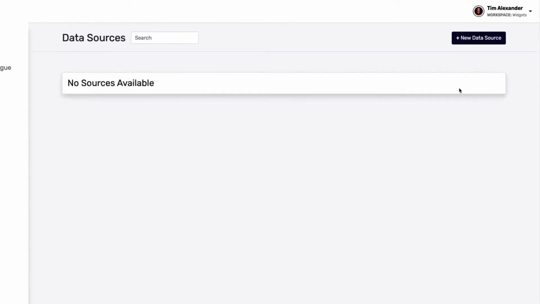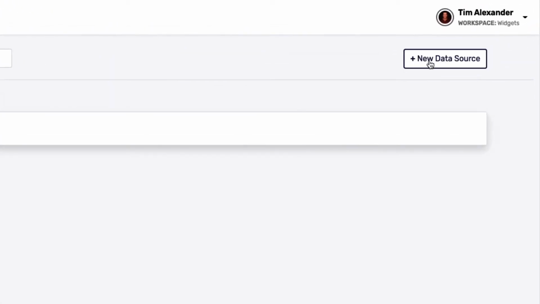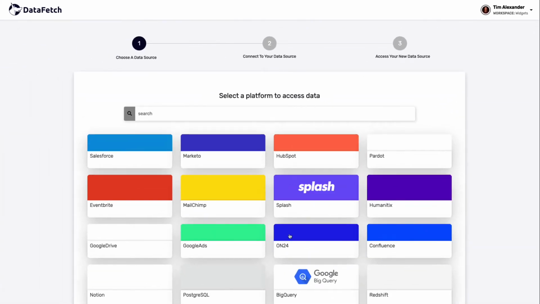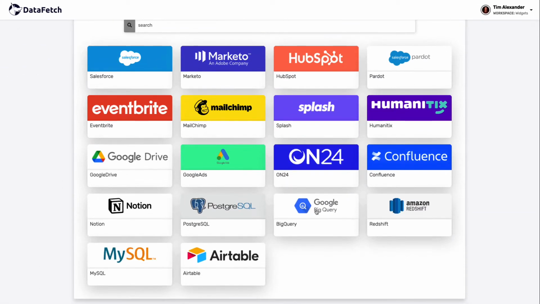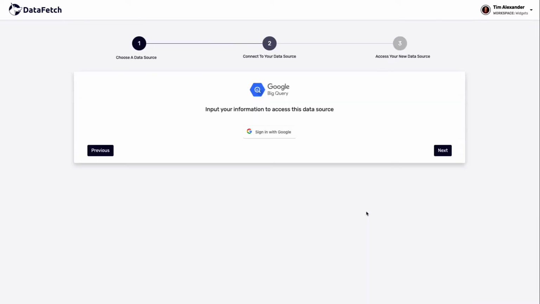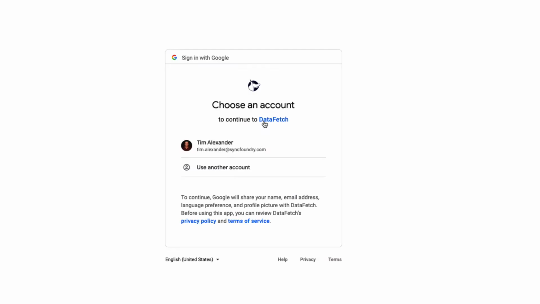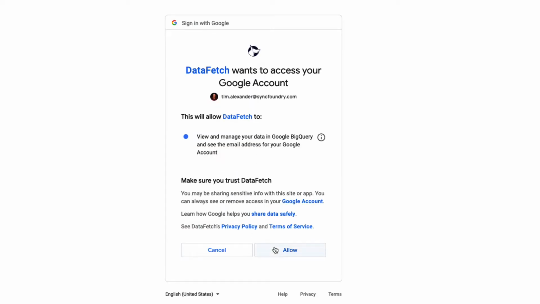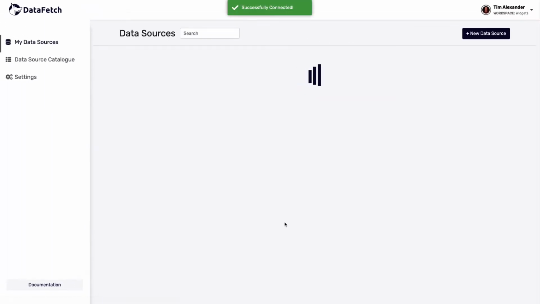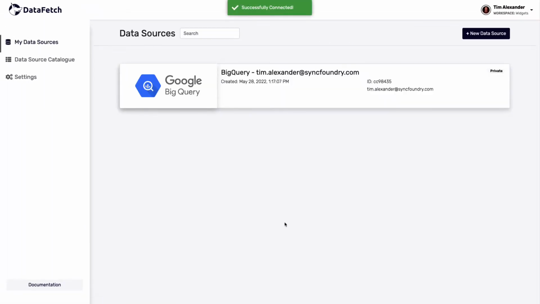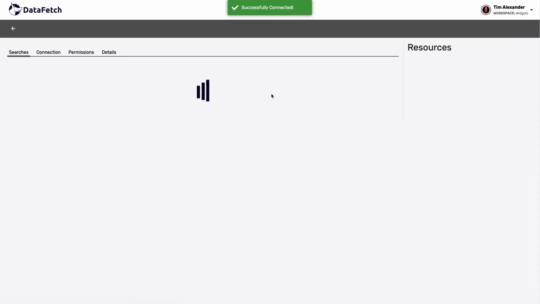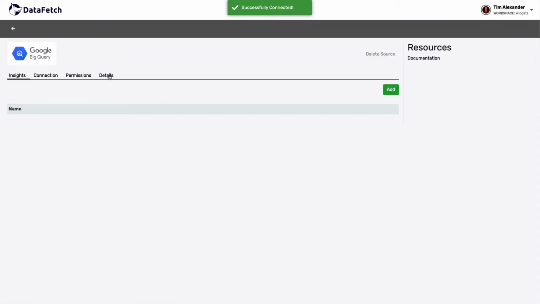To configure the Google BigQuery Data Source in DataFetch, click on the New Data Source button, find Google BigQuery, and sign in with your Google account that has access to BigQuery. Now that the data source is connected, you can go to that data source, you can edit the name of it,